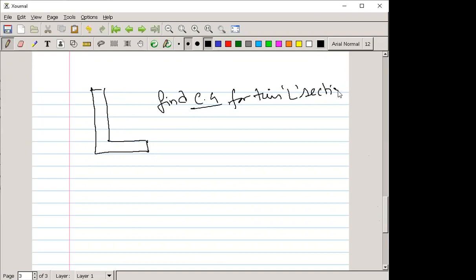There are two ways you can divide this section. One is you can take the whole thing and miss this part: this is part 1, this is part 2. Or you can take this one as your part 1 and this one as part 2. In both ways you can solve, and in both ways you get the same answer. So